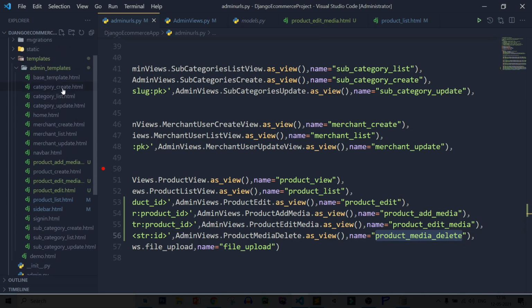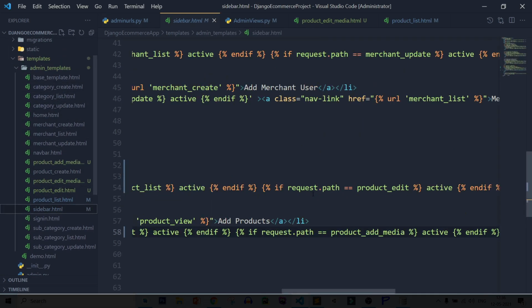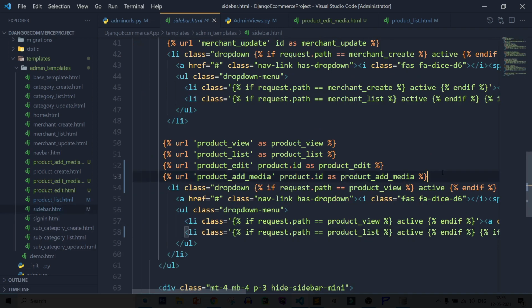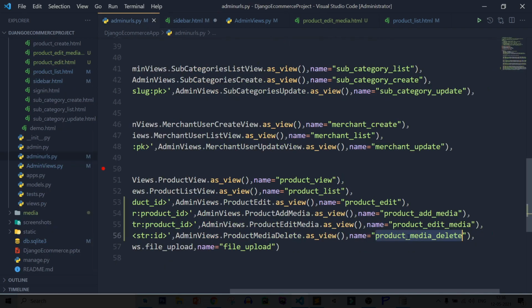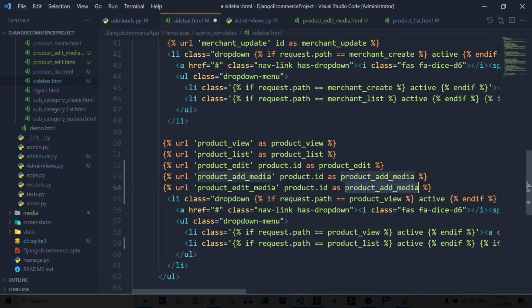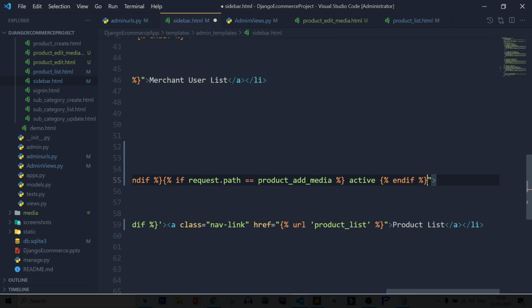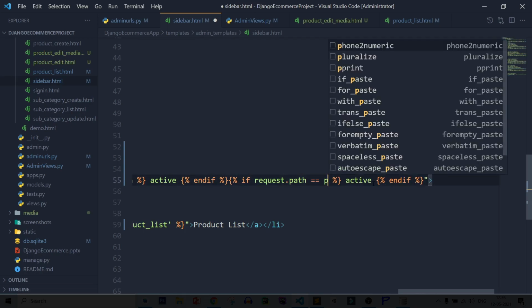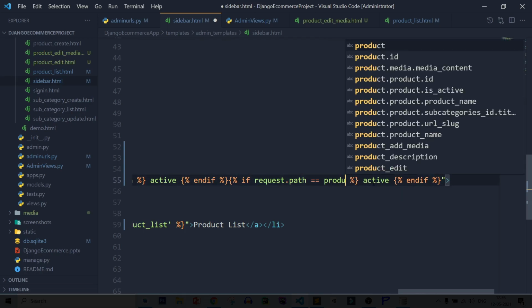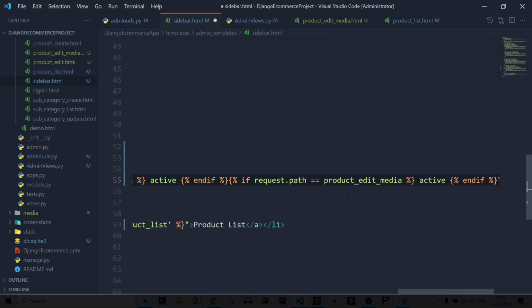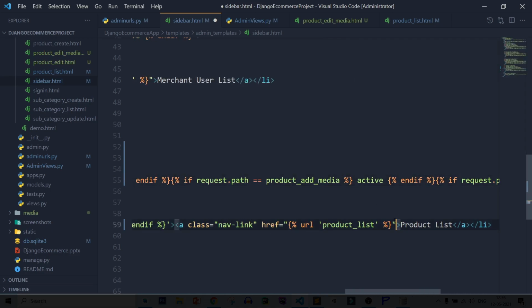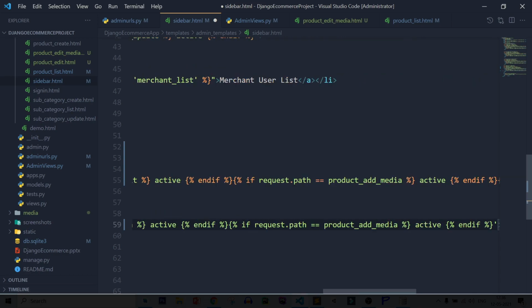So open sidebar. Let's copy the same line and copy product edit media, and here copy this, paste it, product underscore edit media, and same with here edit media.